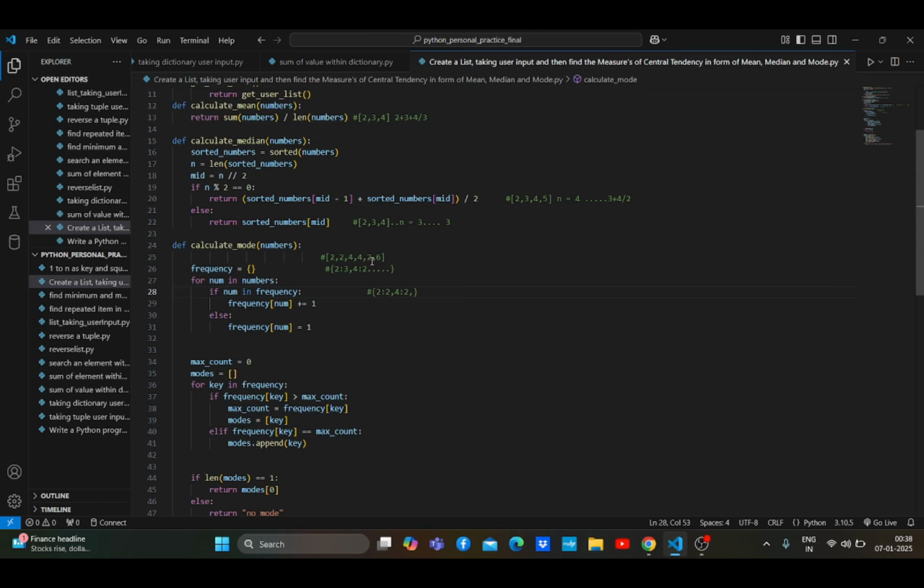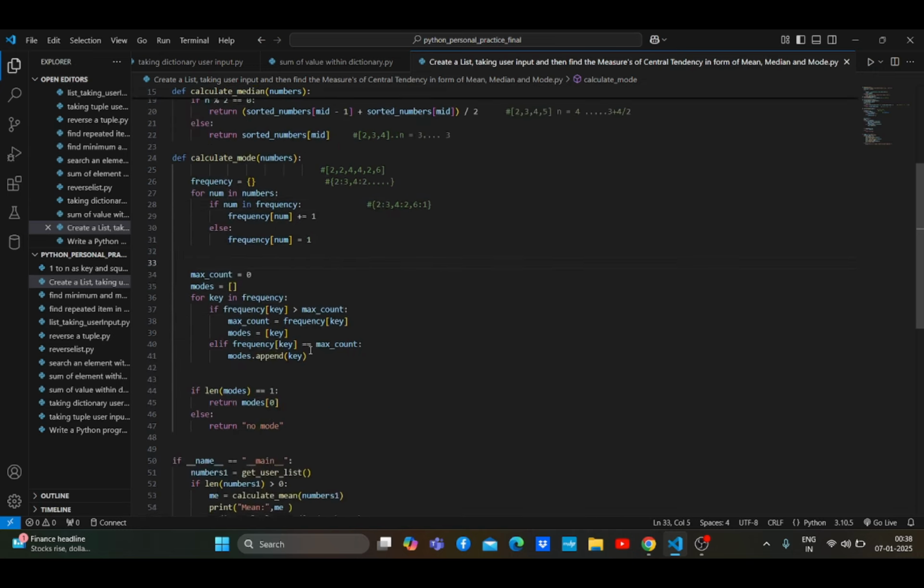After that, num is 2, and 2 is already within the dictionary, so this is incremented by 1, 3 times. Now our num is 6, and 6 is not within the frequency dictionary, so the else part will be executed, and 6 is 1 time, and this is our output. After that we have to